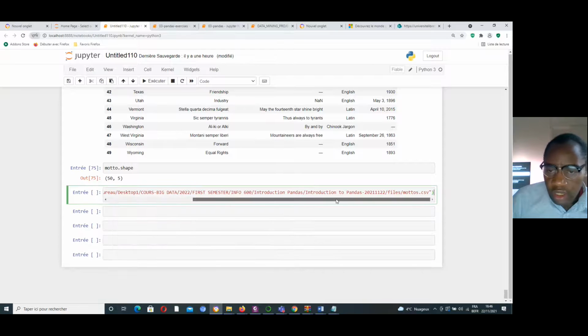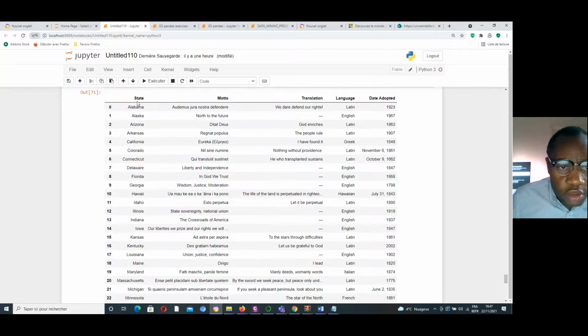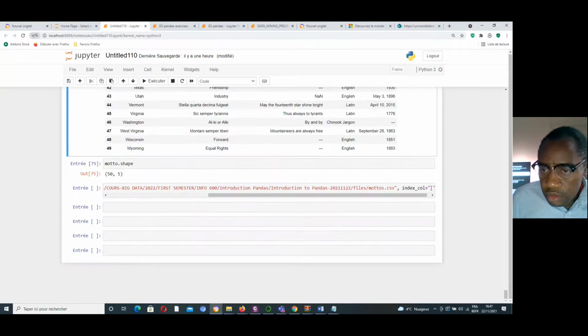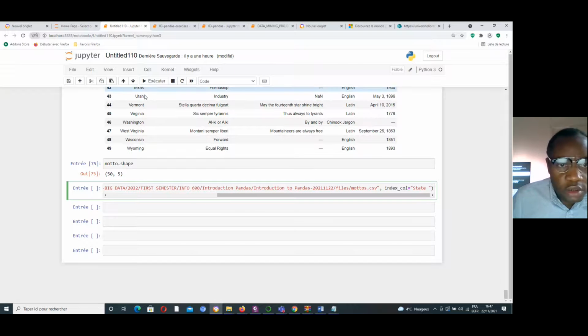I put index column equal, but I need to put state as the index, so I will remove this and put state in its place, like that. I hope all is good.